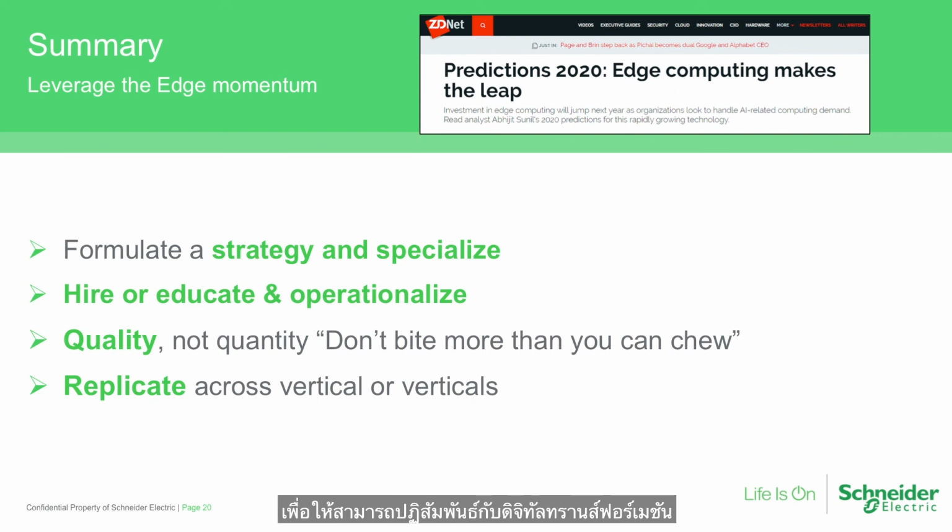To be able to engage in these digital transformation, IoT, and edge computing projects, of course, your staff needs to have the right knowledge, or you will need to hire additional staff that can help you run these projects. Once that is in place, you can then operationalize your offer with the knowledge of your staff and start to plan to go after these projects. As you're then starting to talk to the customers around these new offers that you have, it'll be important to think about whether you want to have a lot of projects or if you want to focus and really deliver